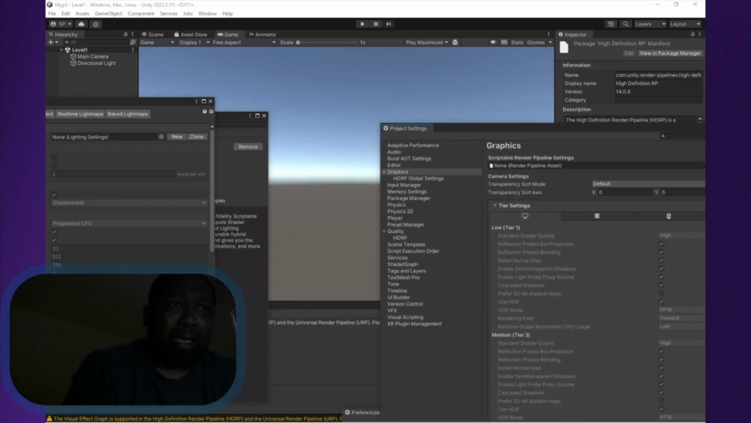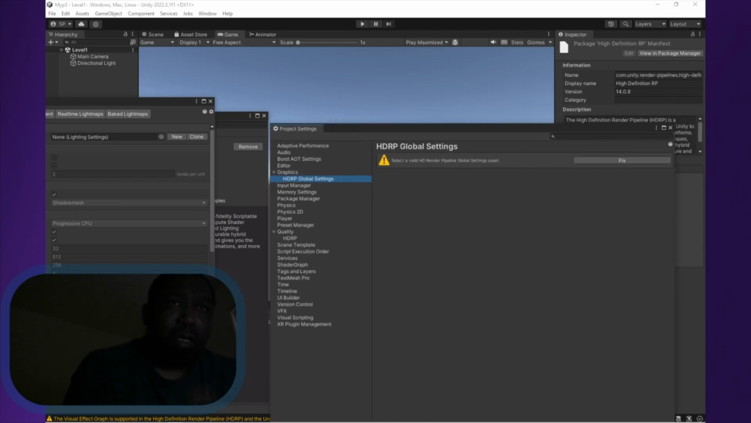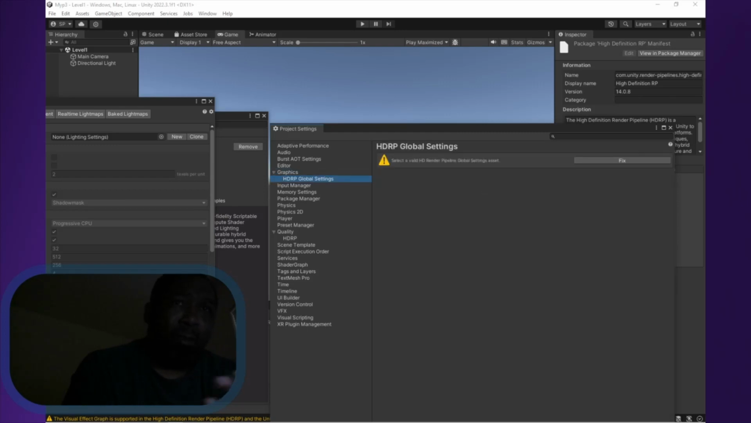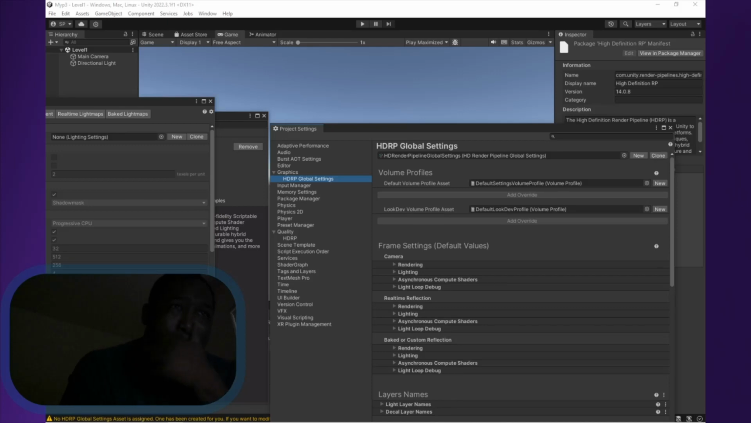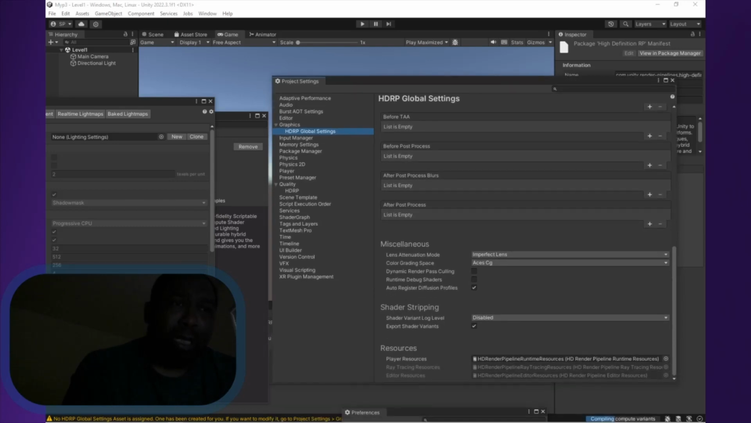Go to project settings, HDRP, and this I'm gonna have Unity set up for me. So I'm gonna have it fix this. It set me up a universal render pipeline. And if I want to use, I think there's a couple dynamic renderers. So yeah, remember there's so many different checkboxes. If you don't have something right,